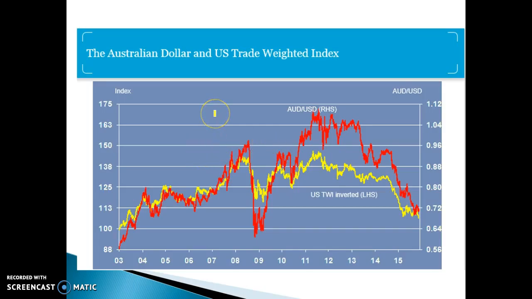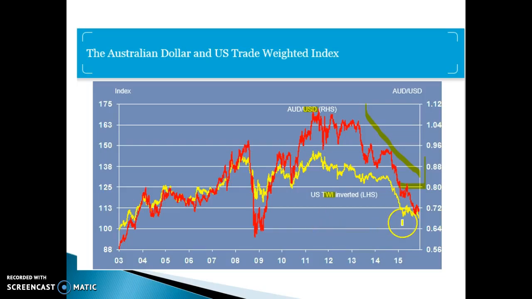Another thing, the Australian dollar, again this is related to the end of the mining boom. Because our commodity prices are falling and the value of exports is falling, the Australian dollar is falling, both compared to the US dollar and what we call the TWI. The TWI stands for the Trade Weighted Index, which measures the purchasing power of our dollar compared to some of the major trading partners around the world.